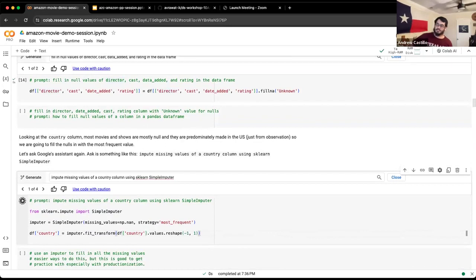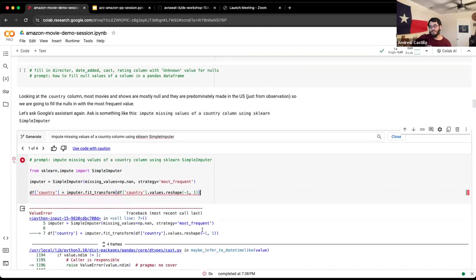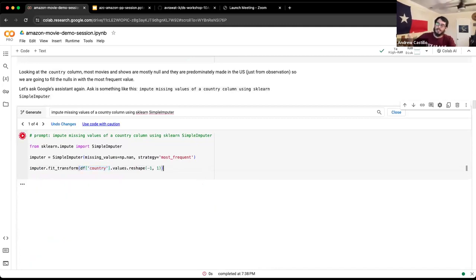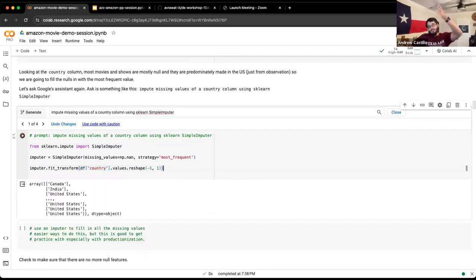Now, if we run this, let's see if it still happens. You notice here we actually get an error. So first off, you always have to be careful. You never want to just trust the code that it gives you, which is why it says to use the code with caution. The reason for that is the way this array is set up. This imputer is going to fit_transform the whole country column. We're going to reshape it, but if you look at it, we have a dimension